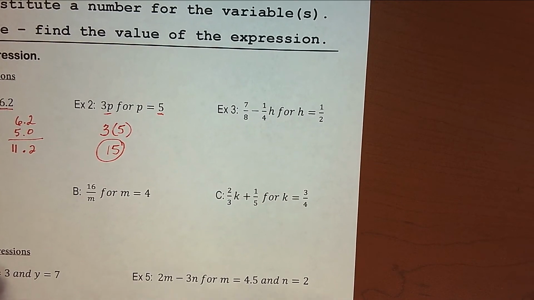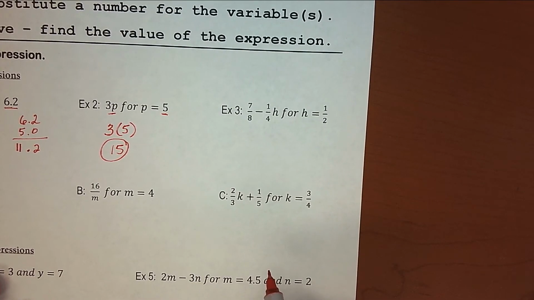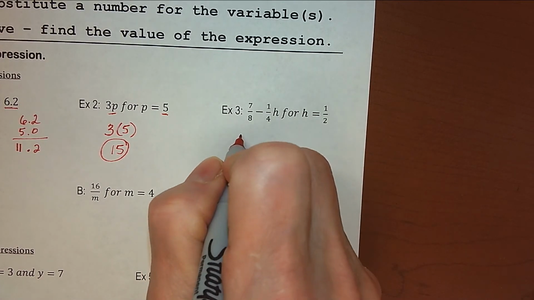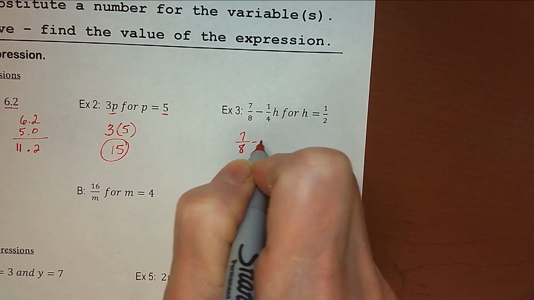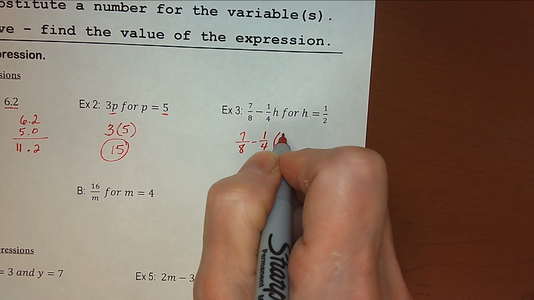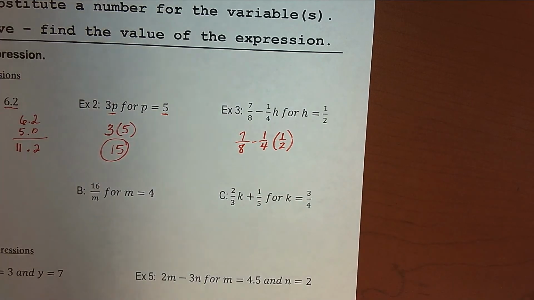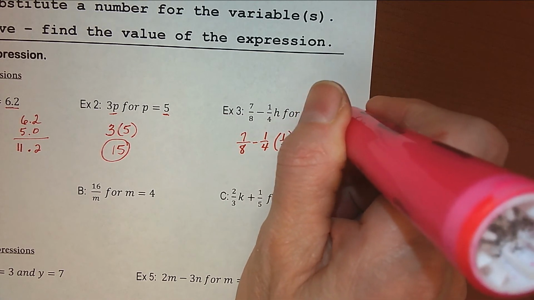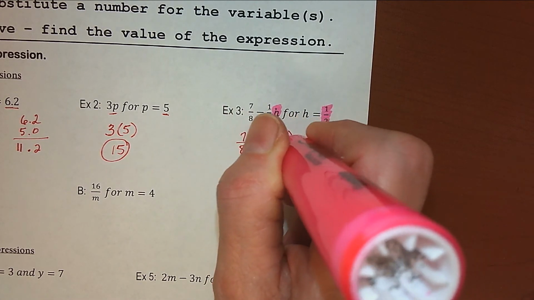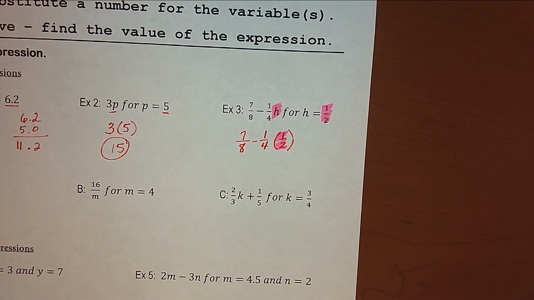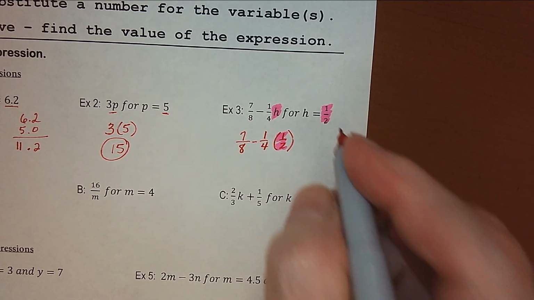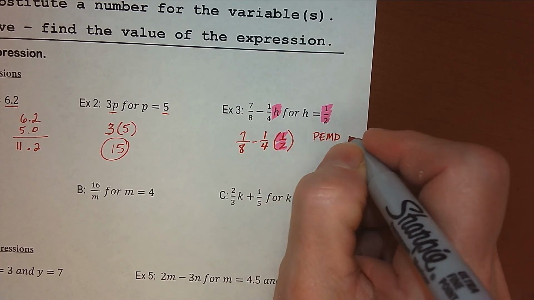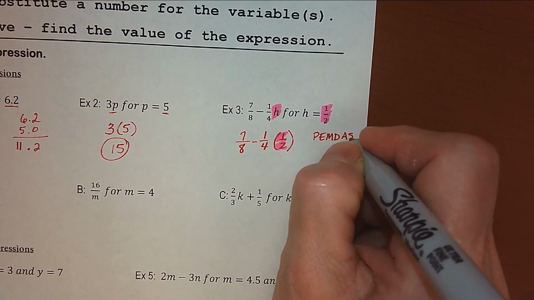All right, now we've got 7/8 minus 1/4 times h. And so we're going to substitute in 1/2 for h. So our problem becomes 7/8 minus 1/4 times 1/2. We're substituting in the 1/2 where our variable was. Okay. And now we're going to follow our order of operations to solve this problem. Remember, order of operations is PEMDAS. Parentheses first, exponents next, multiply and divide in order from left to right, and add or subtract in order from